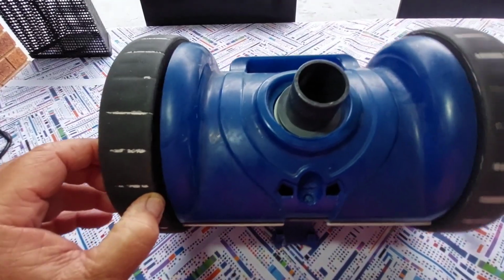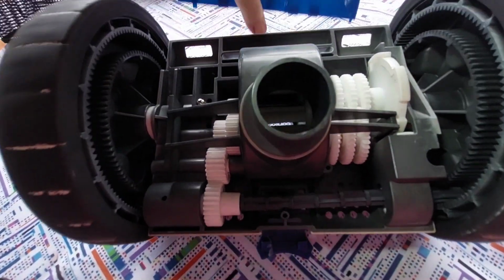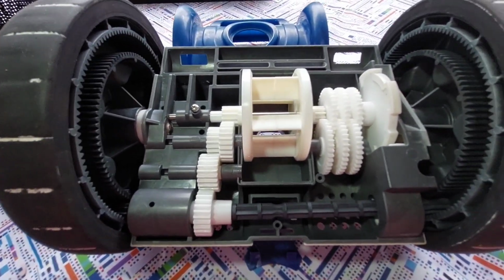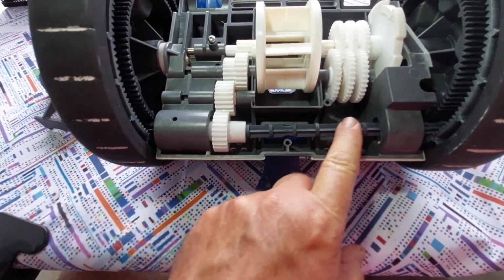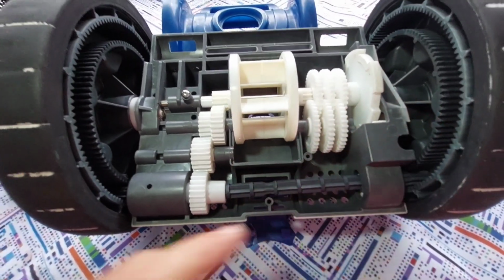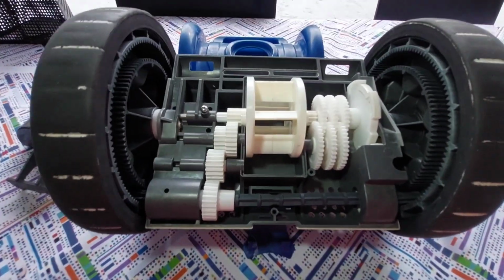There's also considerable play, and if you actually open the inside, what has happened here is this particular ball cleaner seems to be stuck in the deep end, and you will notice we got a shaft here. We got all these different gears, and I'm trying to do it with one hand, but if you turn the one wheel, the other one doesn't work, so it's actually quite completely useless